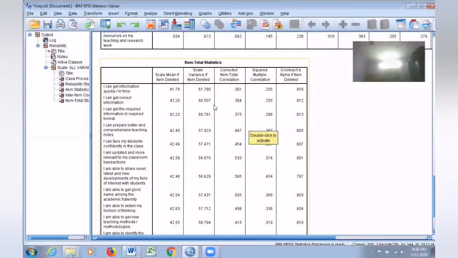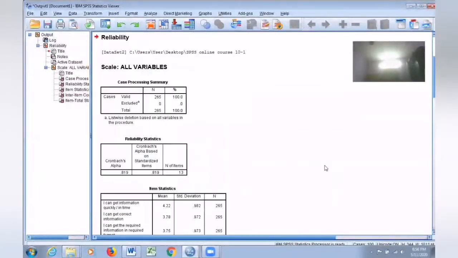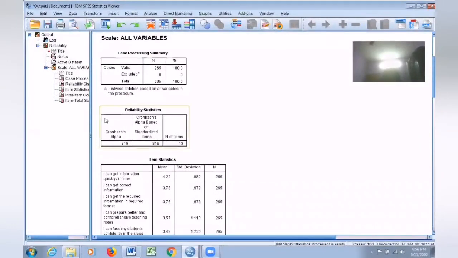Fine, let me come down. This tells you what the scale mean is, and the one thing you need to see in this table is Cronbach alpha if item deleted. Before we analyze this table, let me go up and show you the result of our analysis. Reliability statistics says that the number of items is 13 and Cronbach alpha is 0.819.